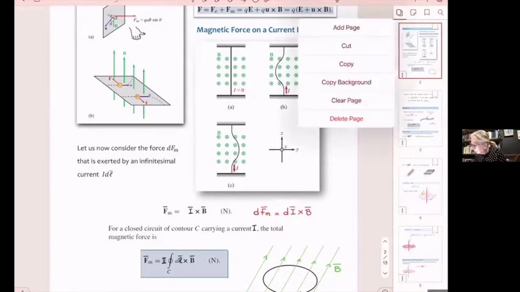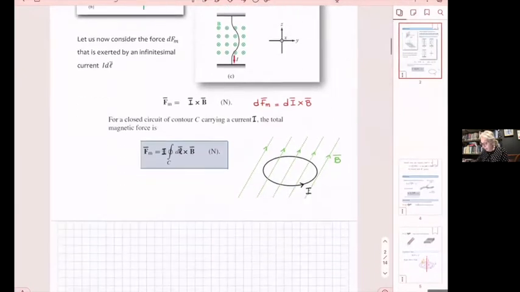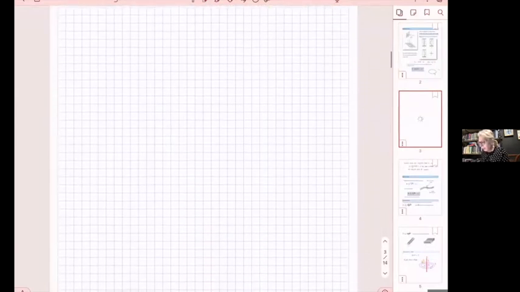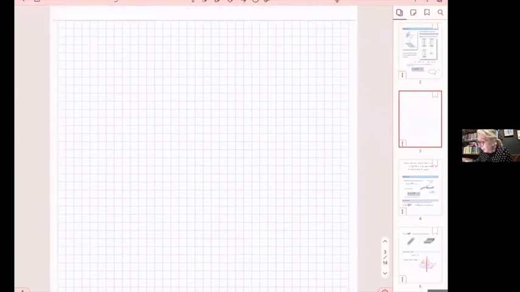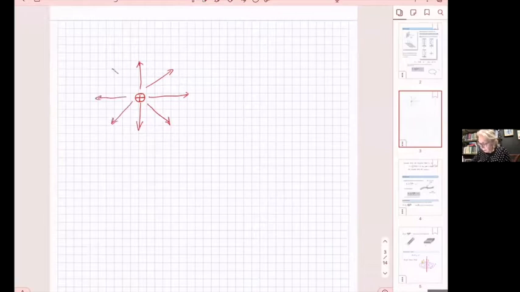Let's think about what we have learned so far in terms of forces. Before we talk about magnetostatics, if you have a positive charge, and this is stationary, so it stays in the same place, then it creates an electric field, but what we started with was not the electric field, but it was the